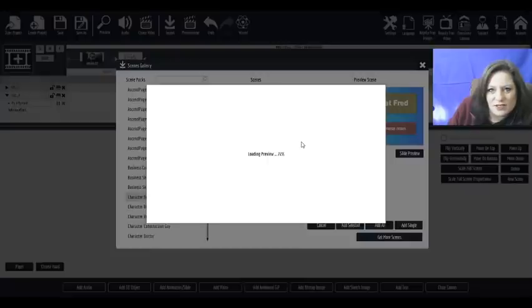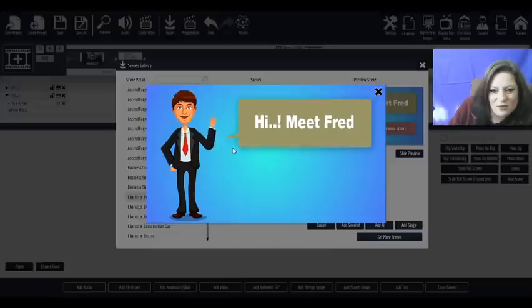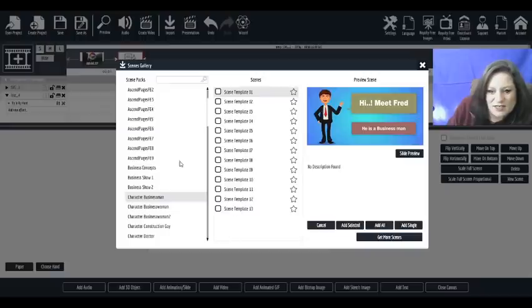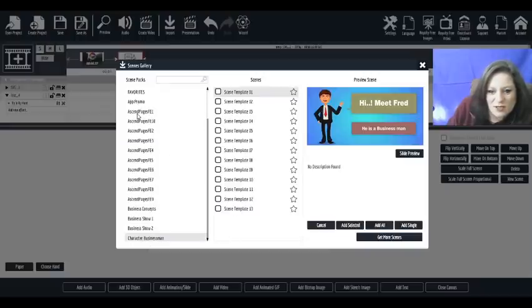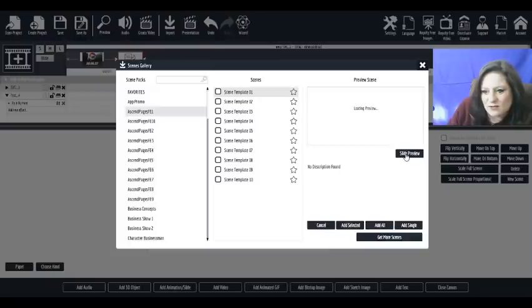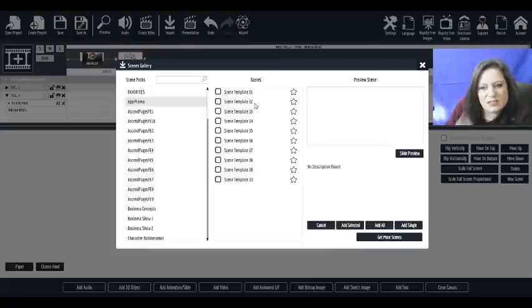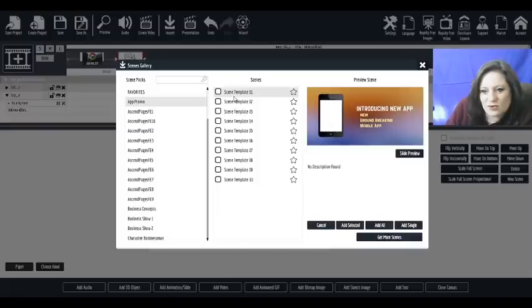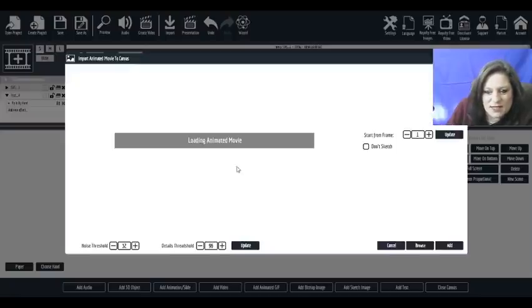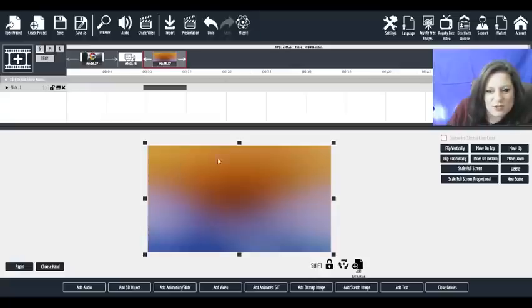I don't like the animations in Creator Studio, for instance, but he's waving, so you can do that. And then you can change the things in the template. Okay, so let's just take a quick one, and let's see this one. Now, I want one with words. So I'm just going to import one scene for you to see. So let's say scene 1, where there's words. So when you import all the scenes, you can say add all, or you can only choose certain ones that will work for your ad, and then you can add selected. So just for time's sake, I'm going to add just one, because it takes time to add 1, 2, 3,